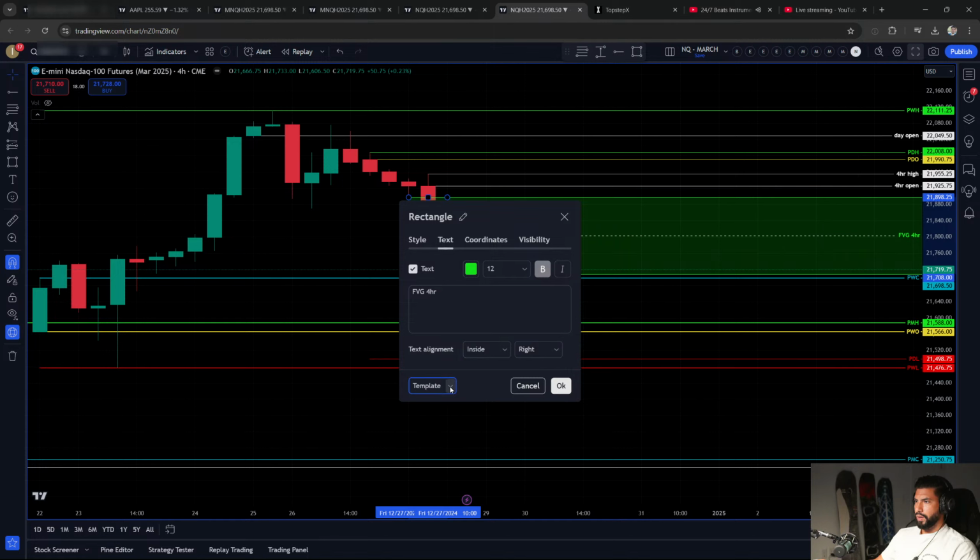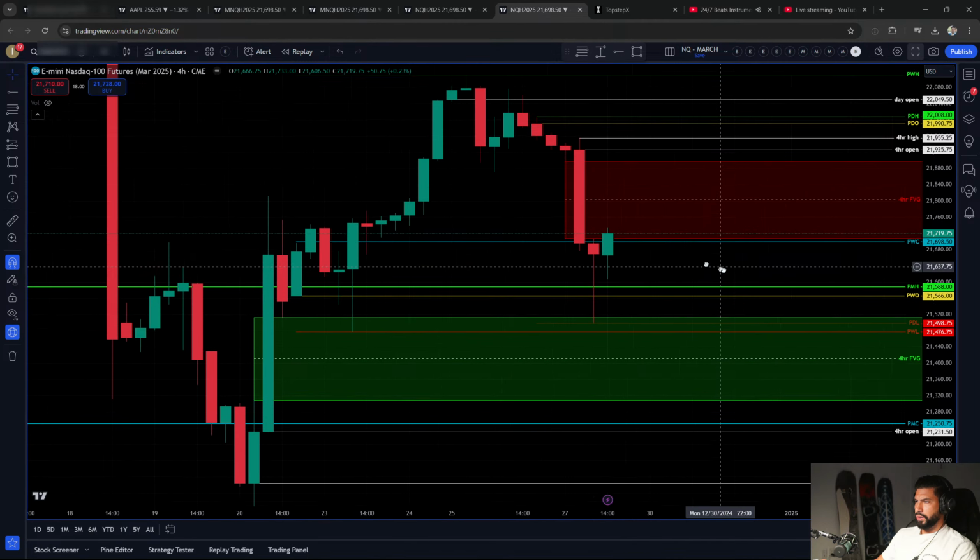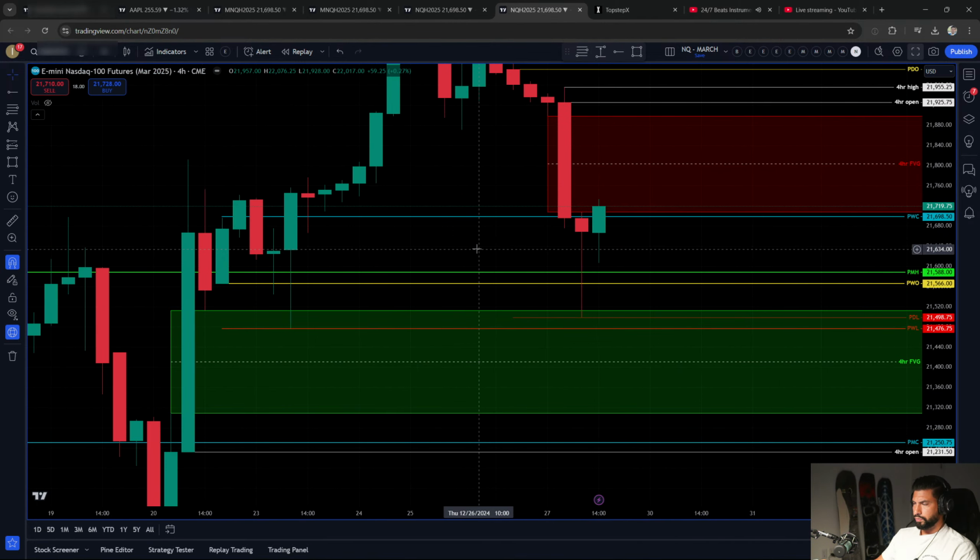So let me just save this real quick. All right, let's just mark this out again. 4-hour fair value gap right here. 4-hour fair value gap. Okay, and you're gonna notice, if we just do a quick look here,